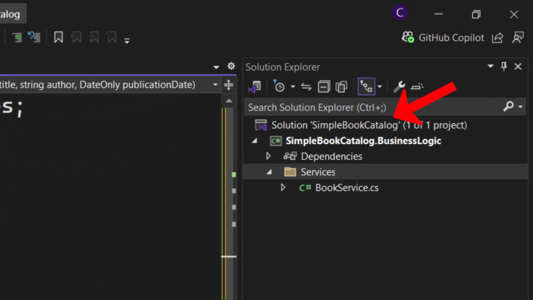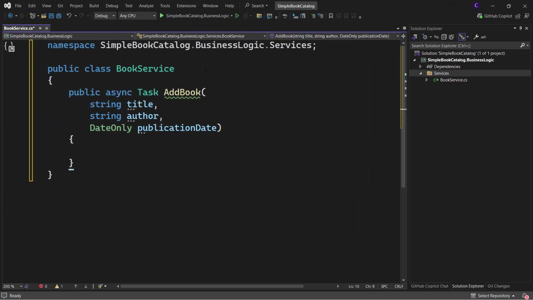I have opened up a Visual Studio solution with a single C# class library project in it for my business logic layer. Inside the project, I have a folder called services which contains my BookService class. The BookService class contains a single method called AddBook that takes in a title, author, and publication date. Inside the method, we want to create an instance of an entity class called Book and persist it using some